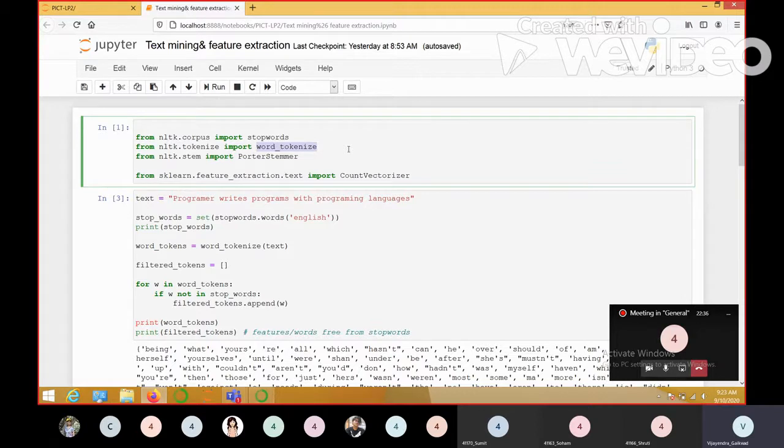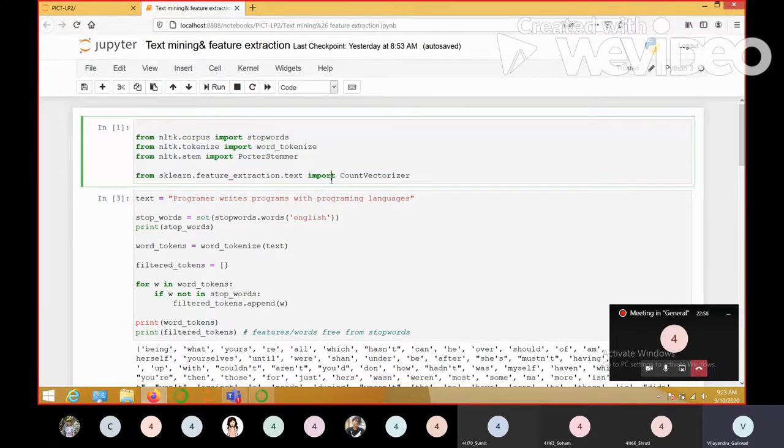Fine. Then to perform stemming, we have a Porter stemmer class provided by NLTK, and we'll see how to use it. And once we have made our text document ready after performing these three steps, we need to extract features out of it.